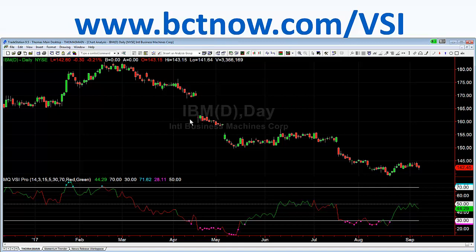No strategy is 100%, but we can have a strategy that might be 60 or 70%. That's a 2-to-1 reward risk ratio, meaning we make twice as much on our winning trade as we lose on our losing trade. That's a darn good strategy and equals a very, very good equity curve.